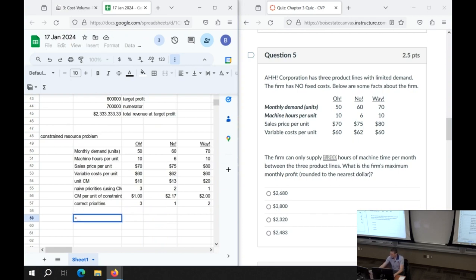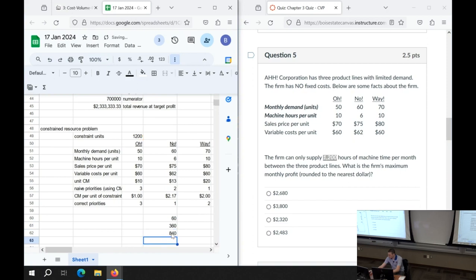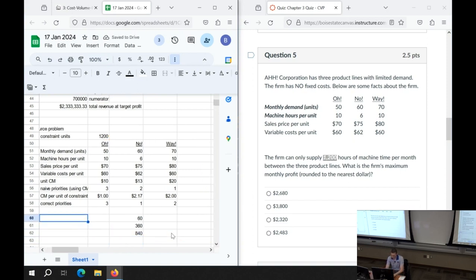All right, so we're going to start here. I'm going to say we're going to fill 60 units at 6 machine hours per. And I'm going to add a little line up here. So of the 1,200, we're going to use up 360. All right, so this is units produced and sold. And this is constraint consumed. And this is remaining constraint.